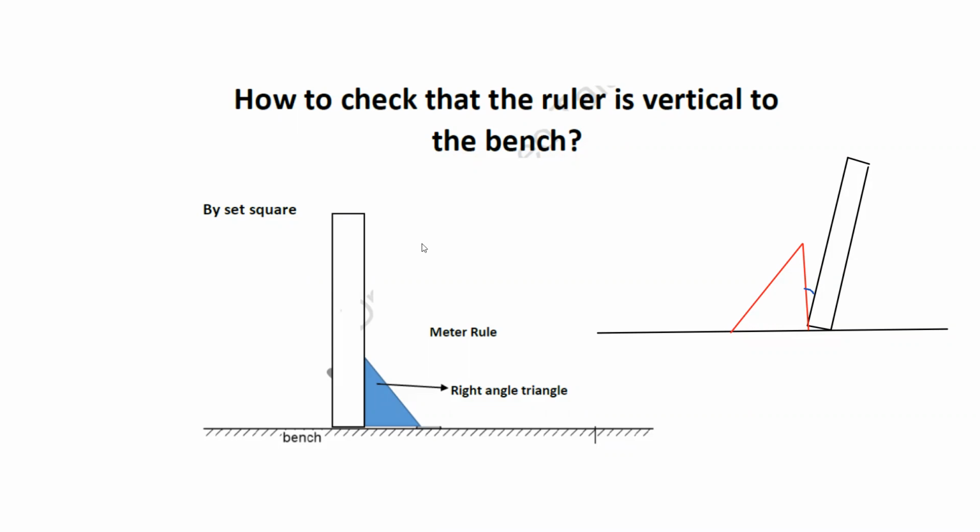Then, these are different ways, and most of the things which we are discussing now are related to paper 6. Normally in paper 6 they ask how you can make sure that the ruler is exactly vertical, or a scale is exactly vertical. So you will mention by using a set square. Sometimes they say draw a diagram to explain your idea, so you will draw this diagram.